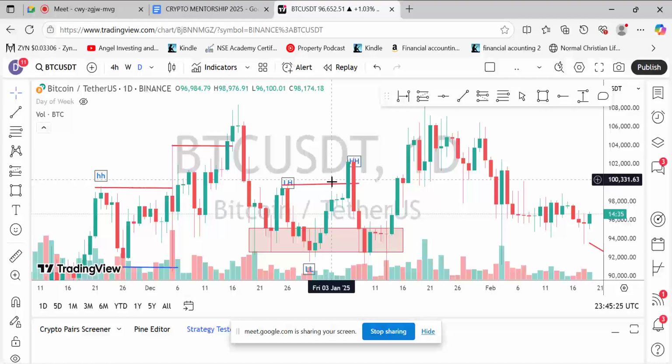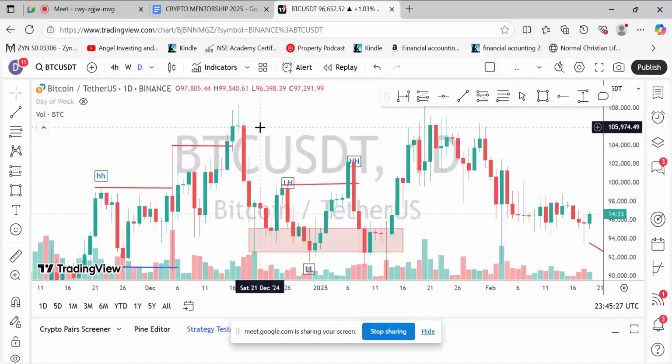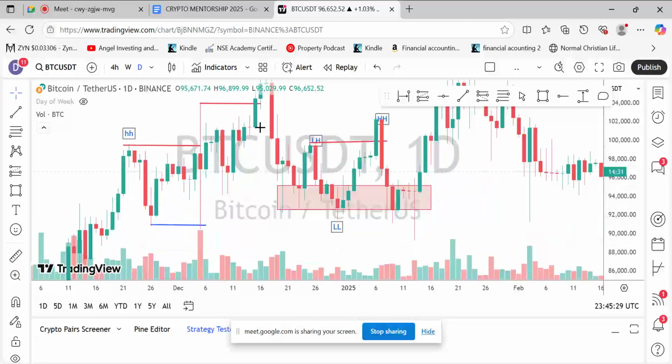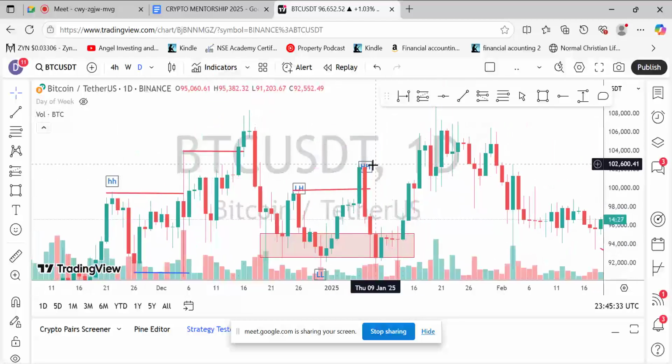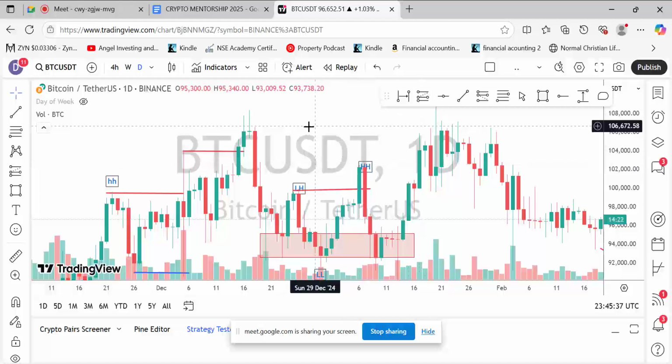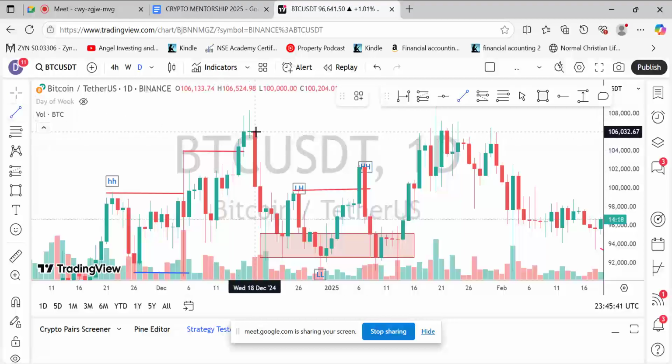Take profit will be above the higher high. Yeah, exactly. Do you know why? Because this higher high, this one now, your first take profit will be up here at this higher high, okay, and then the second take profit will be at this red candle here,